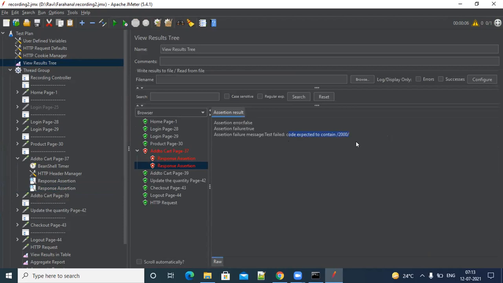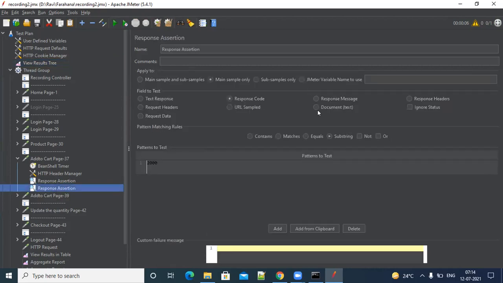We prefer substring only in most of the cases. There are some cases only where we need an exact match. Okay. In the same way, you can assert your message or headers, whatever you're sending, everything you can validate. And at the same time, if you want to do negative testing,